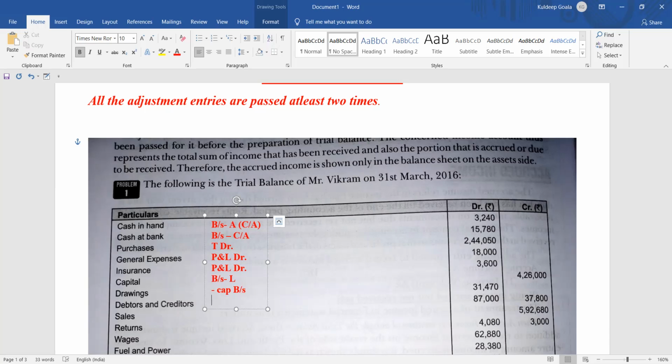Then coming to the next one, debtors and creditors. Debtors and creditors, it will be like this. Both will go in the balance sheet, but debtors will go in the balance sheet, current asset, and creditors will go in the balance sheet, liability side, right? Creditors will go in the balance sheet, liability side, current liability. We can say it's current liability।